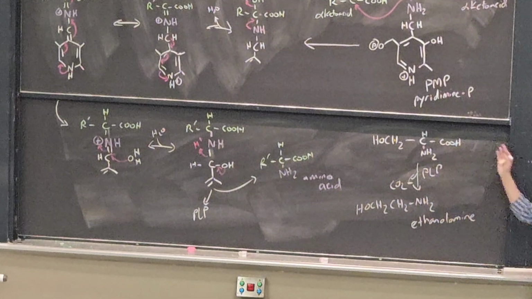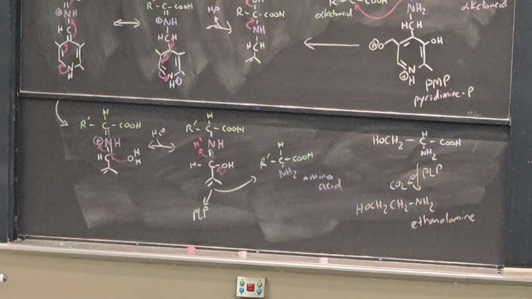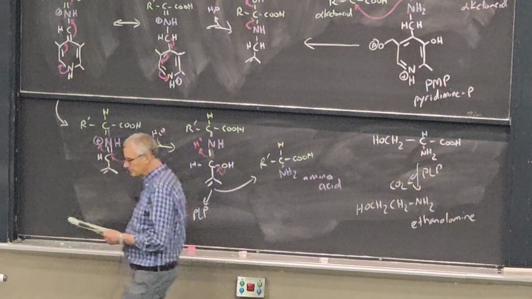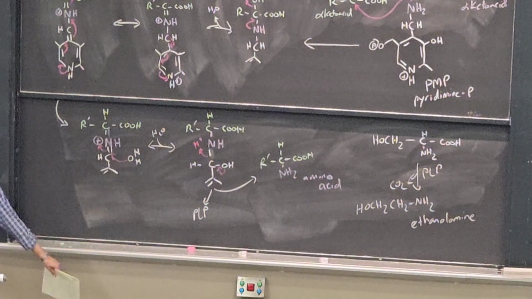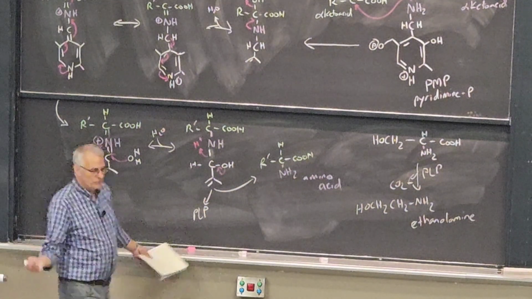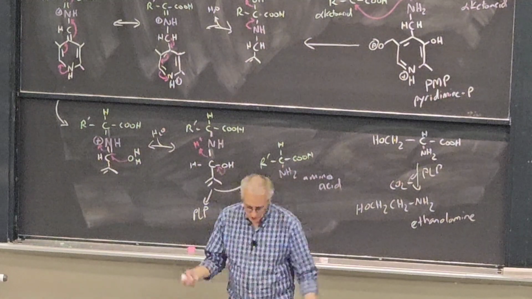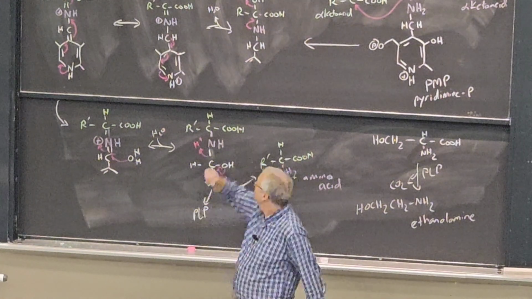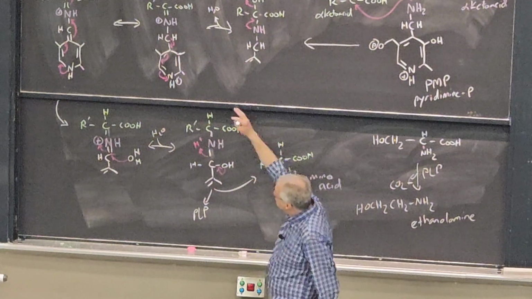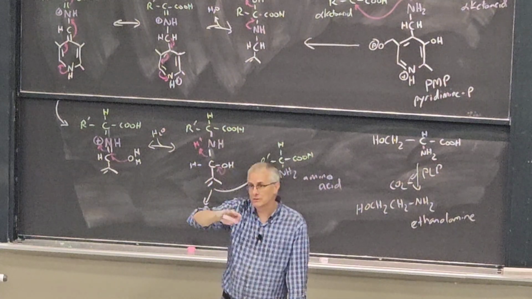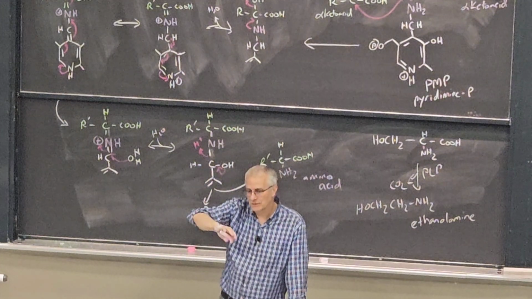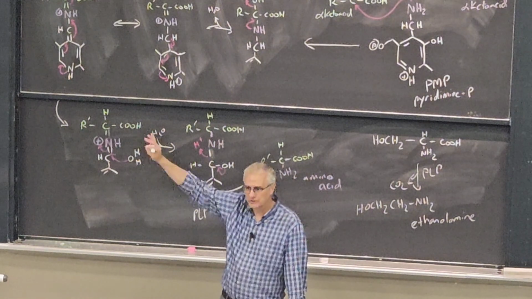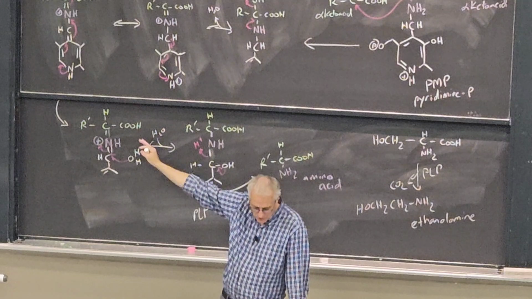Okay, so PLP ends up being this really useful cofactor. All right, so if you're a fish and you live in the ocean, all you would do to catabolize an amino acid is basically do this transamination, ultimately to get the nitrogen onto glutamate, and then once it's on glutamate, you can run glutamate dehydrogenase to make ammonia, which just floats off into the ocean.